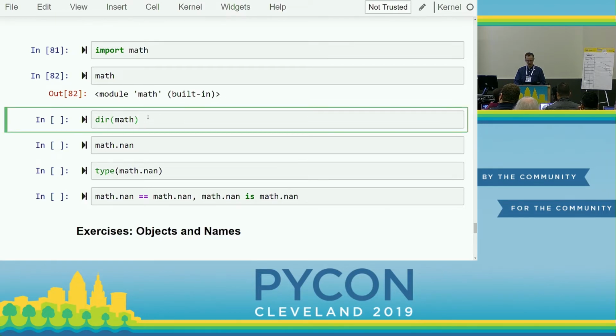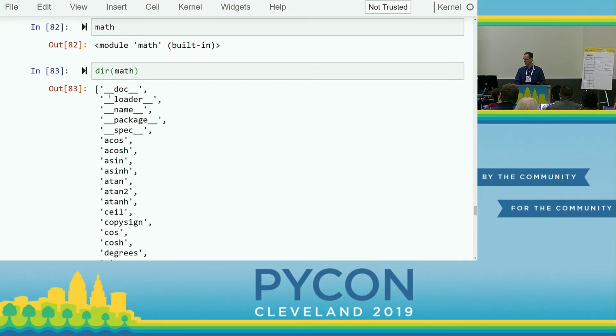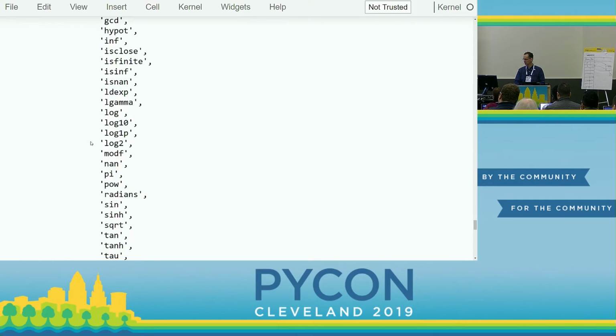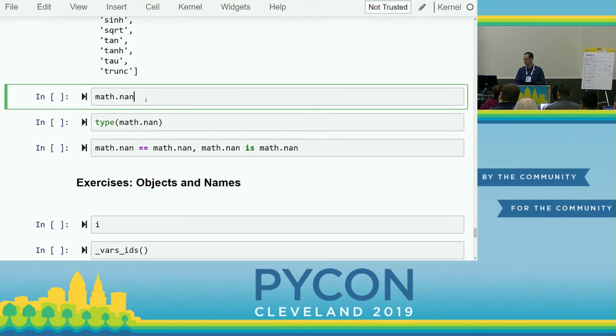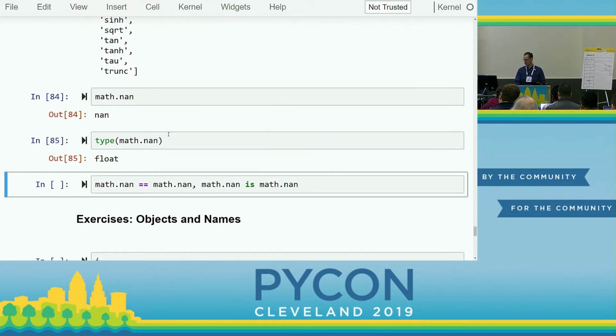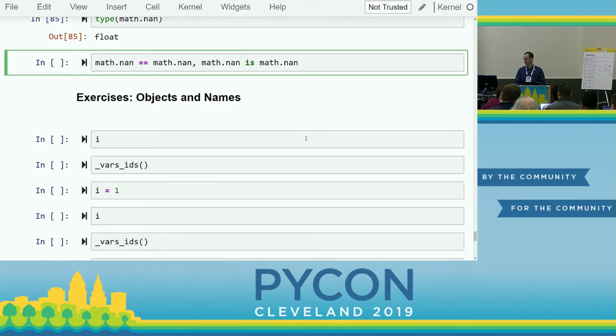I can look at the attributes of the math module, and there are some that are sort of implementation-y things, and then a whole bunch of functions and some constants, one of which is math.nan, not a number. And its type is a float. So just as another example of don't trust is, math.nan is math.nan. That's going to be true